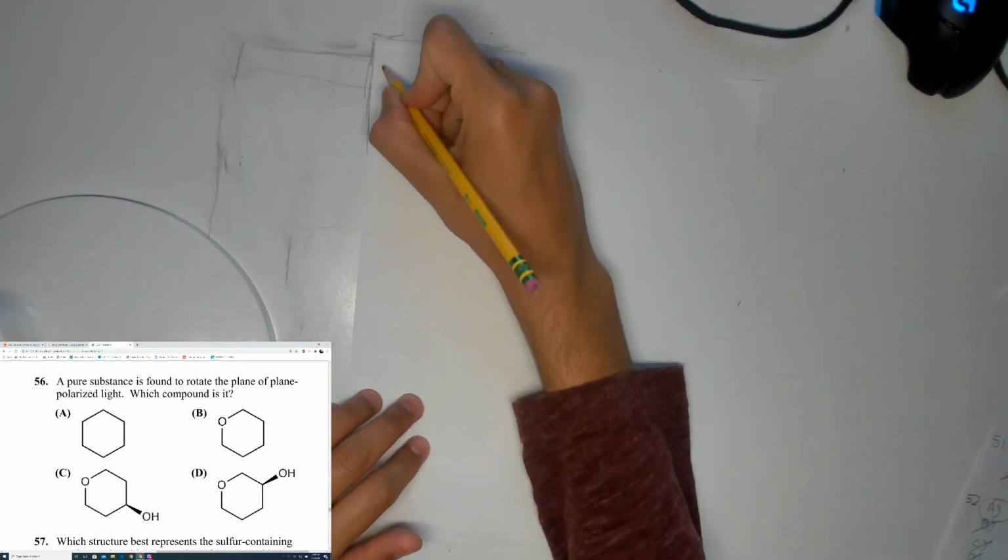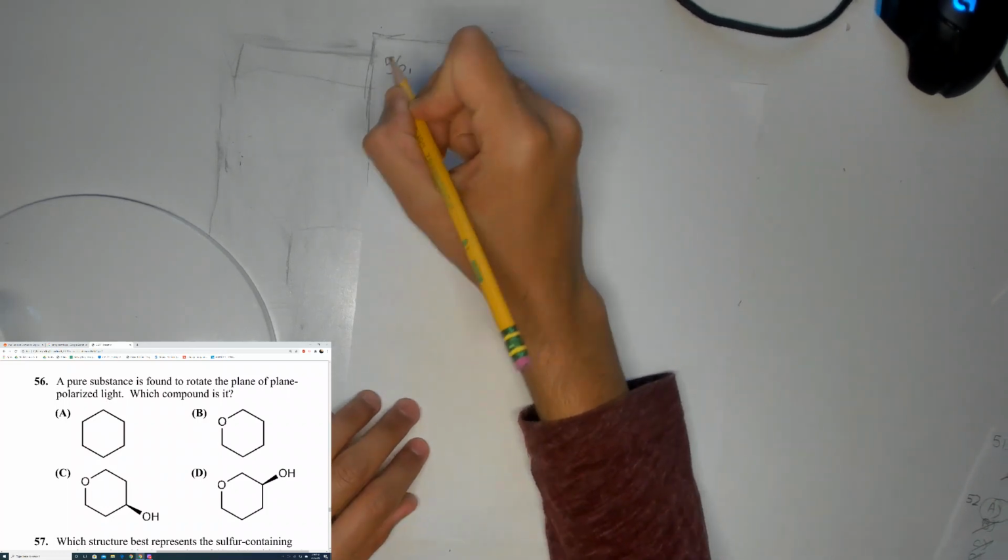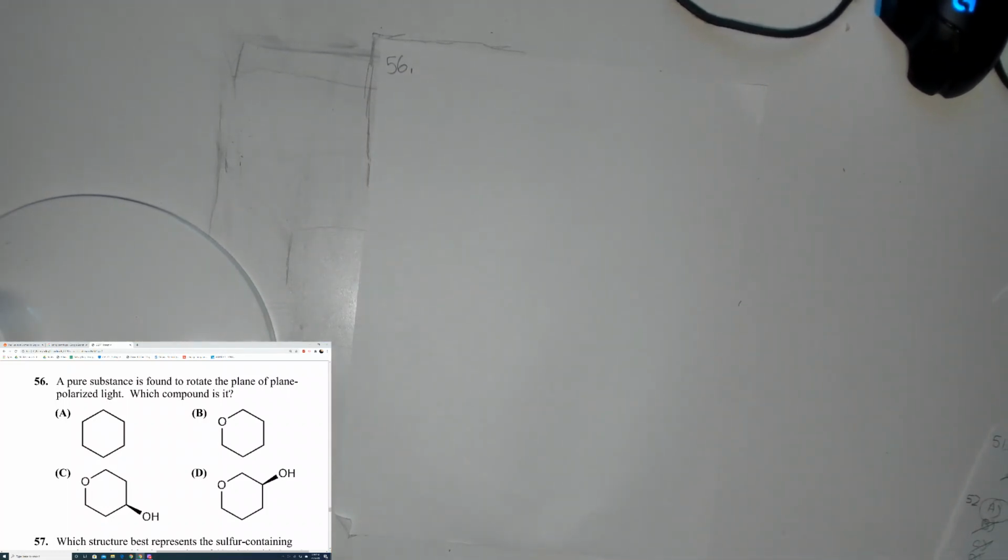A pure substance is found to rotate the plane of plane polarized light. Which compound is it? What this question means is that which compounds are chiral? Now, for a molecule to be chiral, one of the carbon atoms must bear 4 different groups. Now, in a compound that's cyclic, you may realize that sometimes